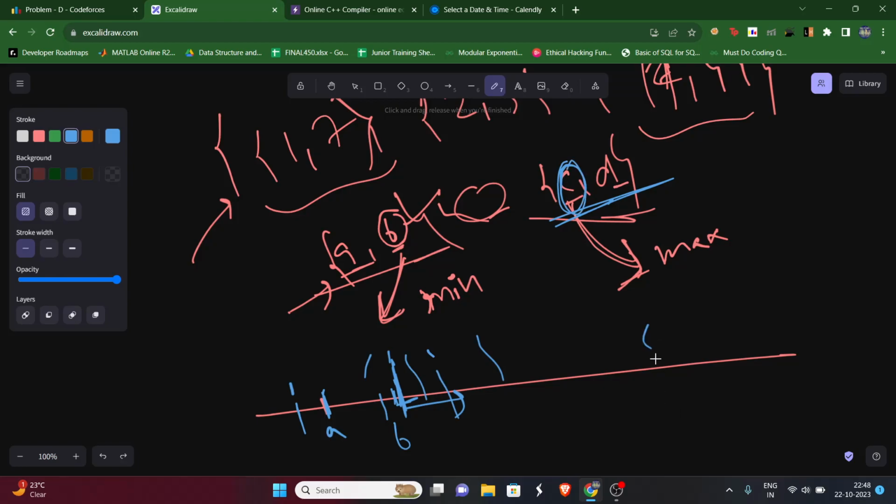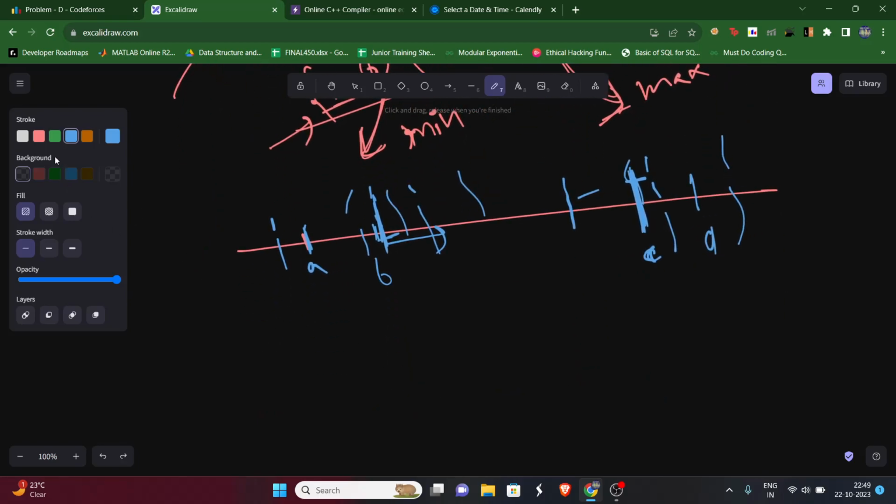Then what does that mean? That C will be the last starting position. C will be the last starting position, and this D can end over here. Maybe there can be some point here which can end this way or here. But if we examine carefully, what we will see is that if we keep our B minimum